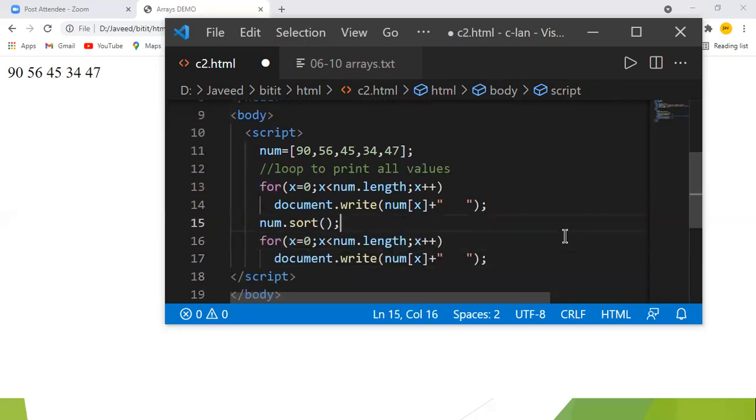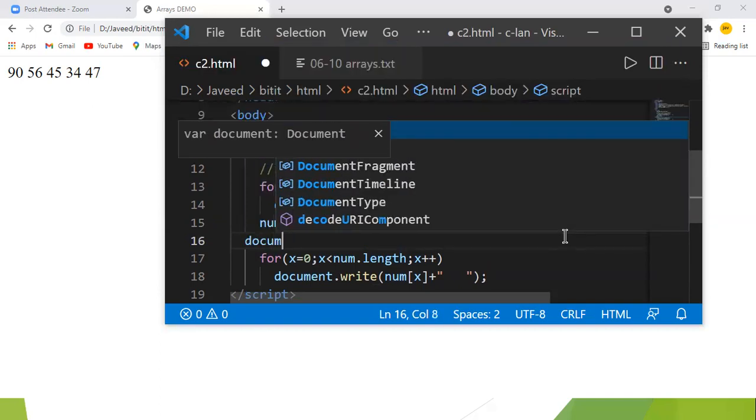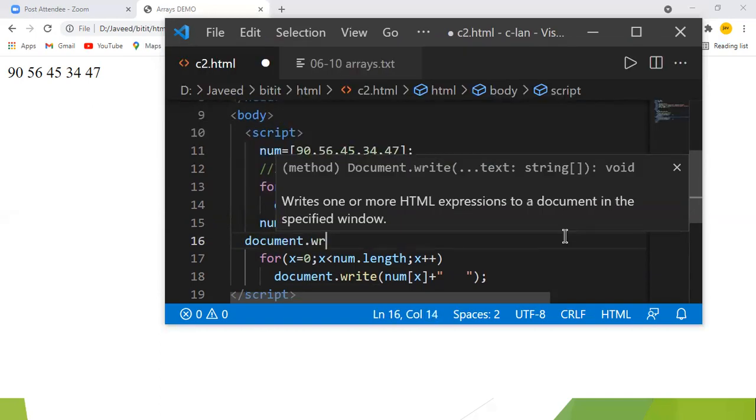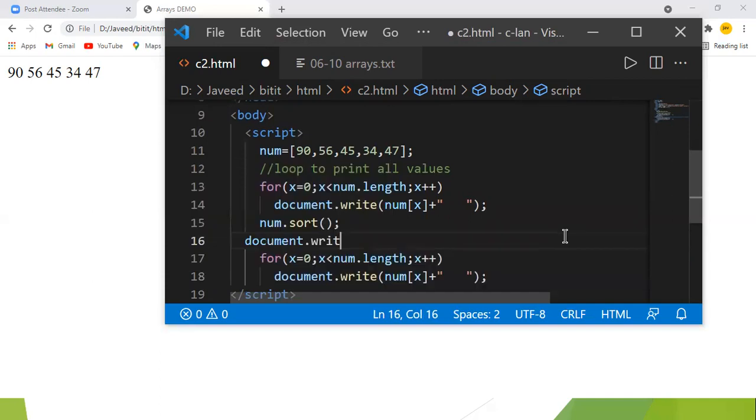So now I want to print the sorted elements. You can see now the data is sorted for me.